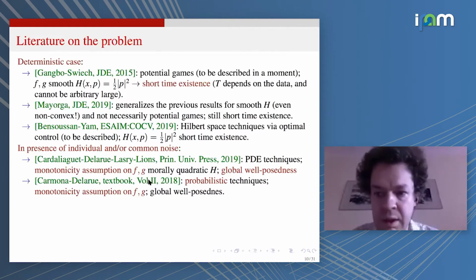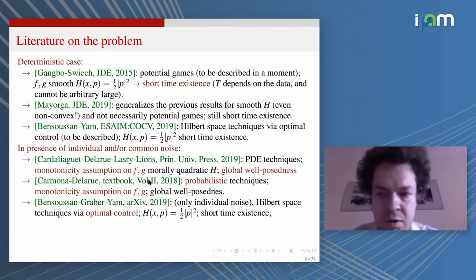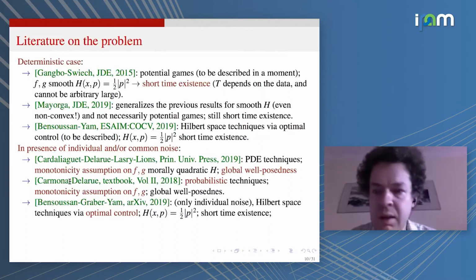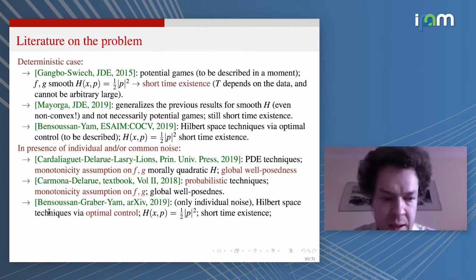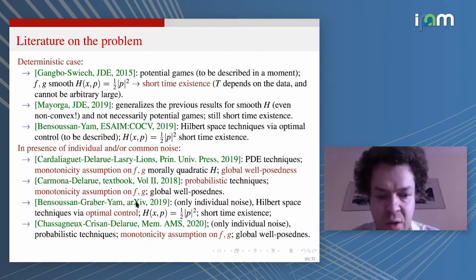And then, using probability techniques, there are two more results, or even more. Sorry, I did not intend to write a full reference list, and sorry if I missed someone. There is the textbook of Carmona and Delarue describing interesting probability approaches to deal with such master equations in the presence of noise. Then there is this paper of Bensoussan, Graber, and Yam, who use optimal control techniques in the presence of noise. And Chassagneux, Crisan, and Delarue